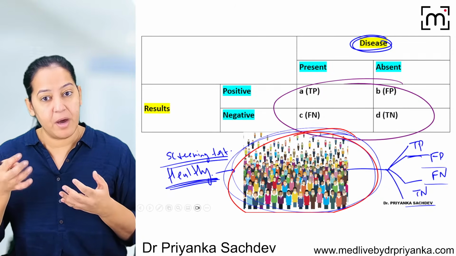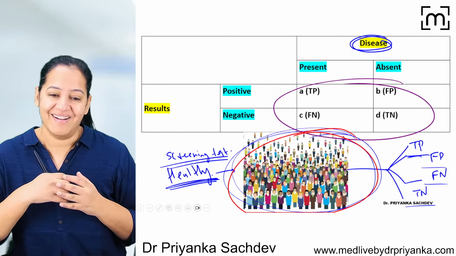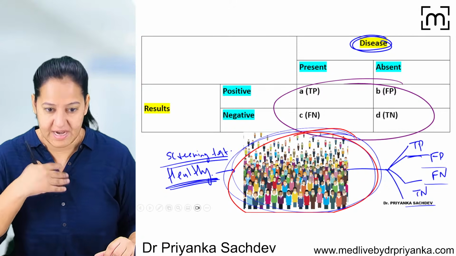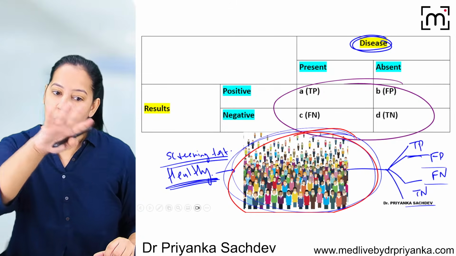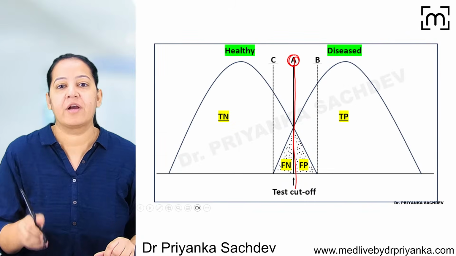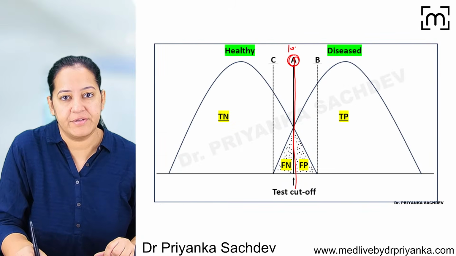But imagine some of them are already diabetic, but they do not know that. So I'm applying the fasting blood sugar. That is the screening test I'm applying. I will check the fasting blood sugar in all the people you can see in this diagram. My cutoff is 100.